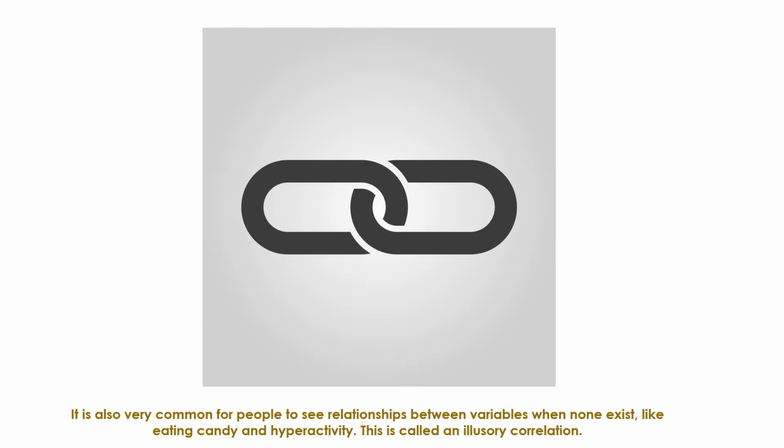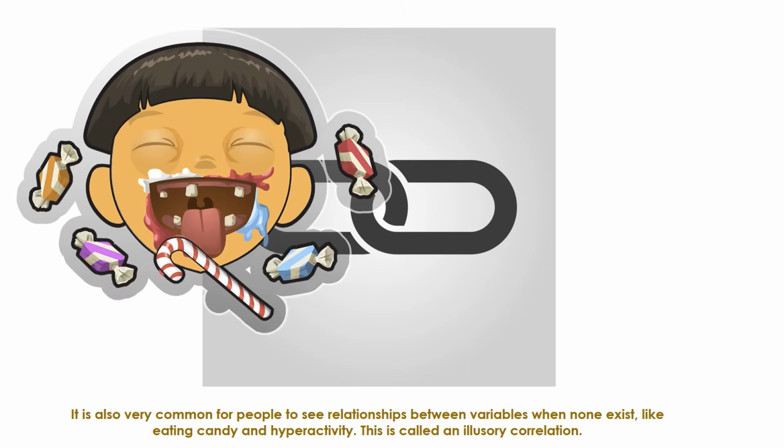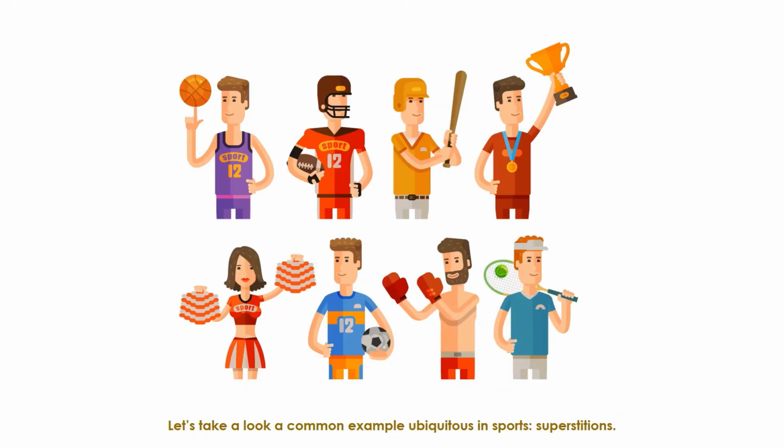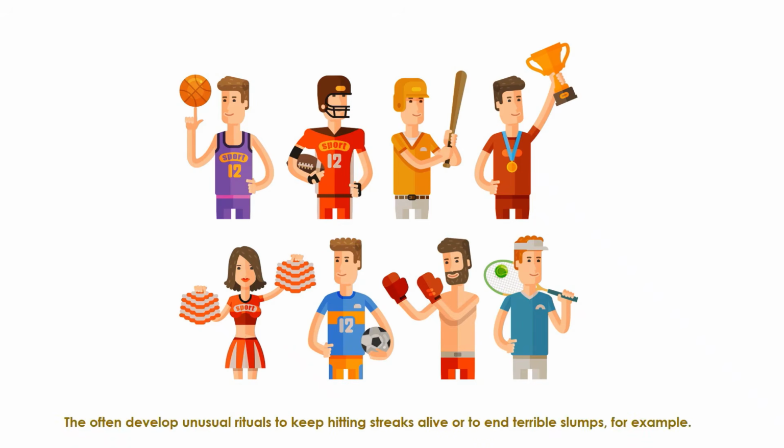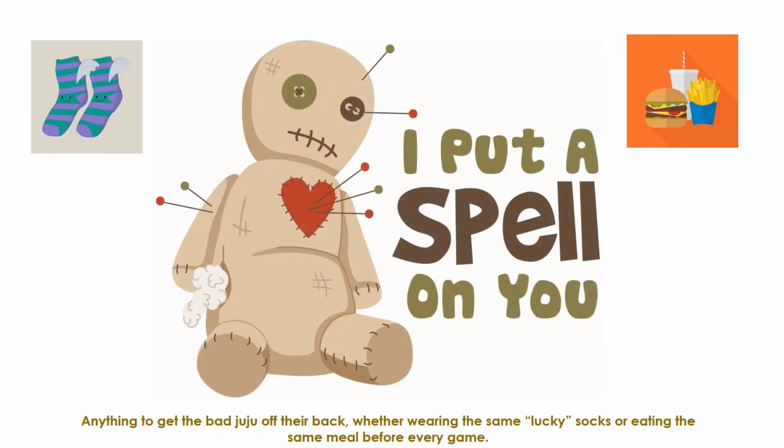It is also very common for people to see relationships between variables when none exist, like eating candy and hyperactivity. This is called an illusory correlation. Let's take a look at a common example ubiquitous in sports: superstitions. Athletes are renowned for being superstitious. They often develop unusual rituals to keep hitting streaks alive or to end terrible slumps, for example. Anything to get the bad juju off their back, whether wearing the same lucky socks or eating the same meal